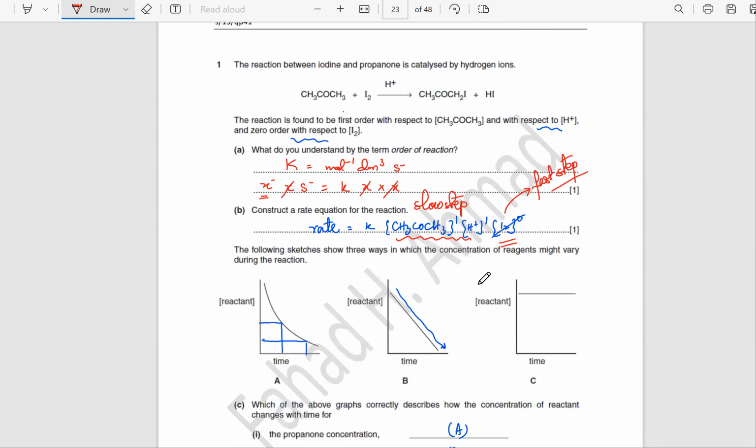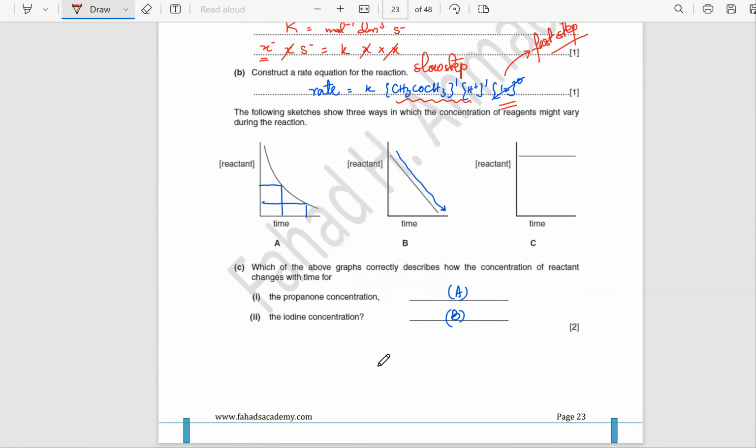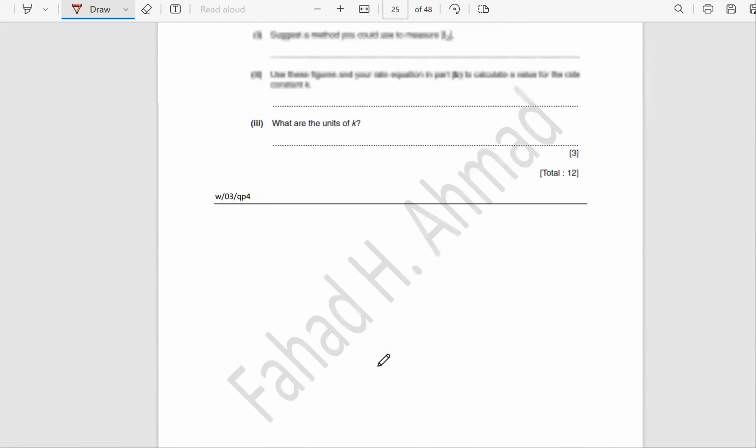Sir, is it dm power of -3? Is it? नहीं, x -1 है ना, तो that's mole per dm cube power -1. Okay, sir. तो वो mole -1 हो जाता है, dm3 हो जाता है. अच्छा फिर